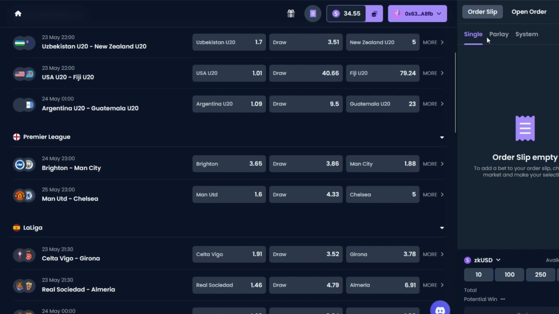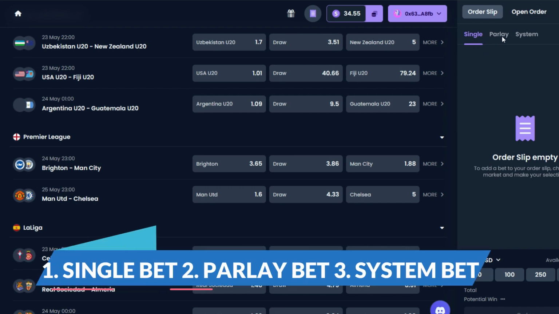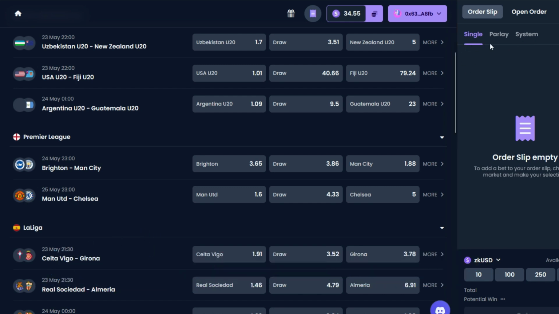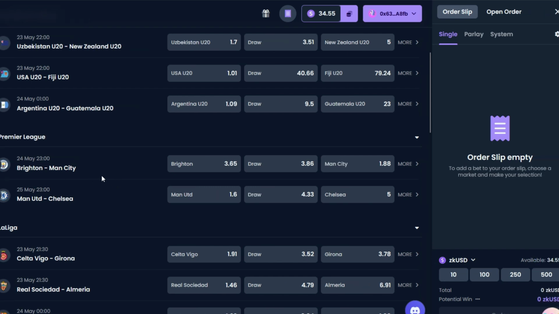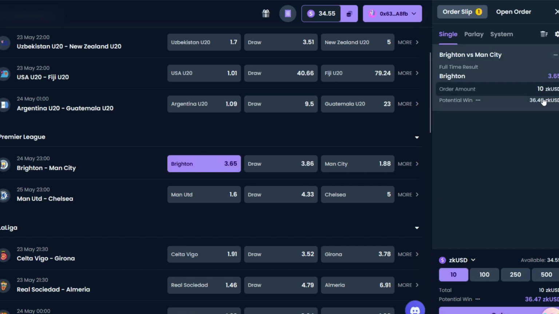And on the top right-hand side, you will see we have the single bet, the parlay bet, and the system bet. I'm going to be showing you how to place the single bet and the parlay bet. The system bet is almost similar to the parlay bet. Now let's go ahead and try out the single bet. So for example, you want to go for Brighton, you just click on Brighton and it is selected for you automatically. Since the odd is 3.65, if you bet 10 ZKUSD, you have the potential win of 36.46 ZKUSD